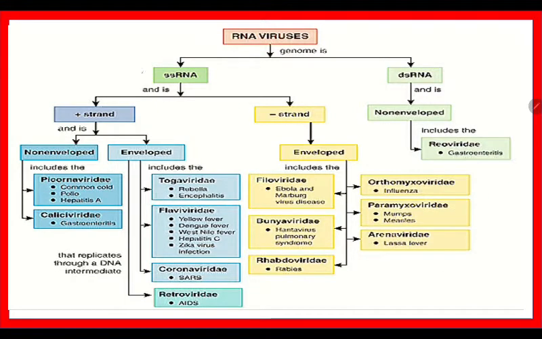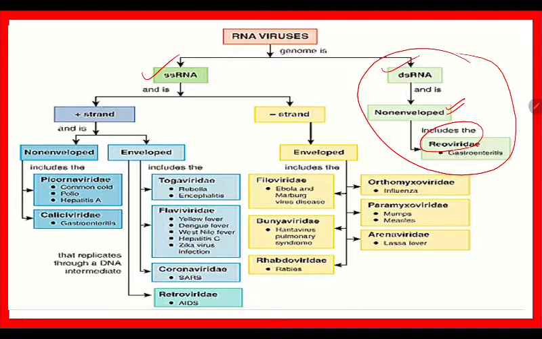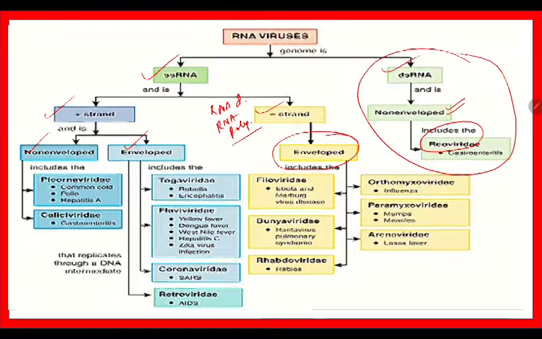Now coming to RNA virus, it is single stranded and double stranded. Double stranded RNA virus is again peculiar, and this is also similarly non-enveloped, and the example includes Reoviridae. Coming to single stranded RNA, it is of positive and negative strand. What is this positive negative strand? The negative strand is the virus which has to depend on RNA dependent RNA polymerase enzyme for its transcription. Next, under positive strand we have non-enveloped and enveloped, and the negative strand we only have enveloped. The examples of which we'll be seeing now.